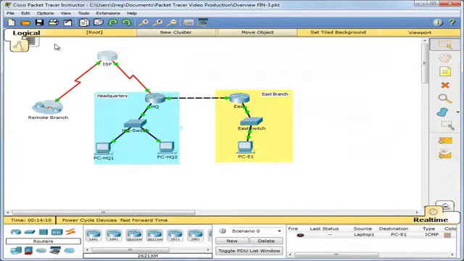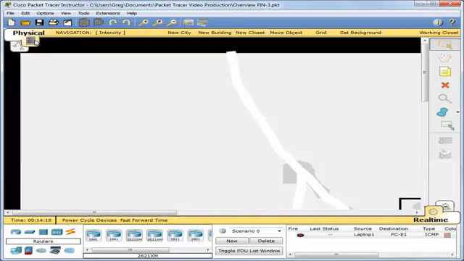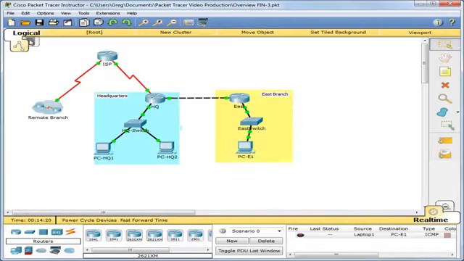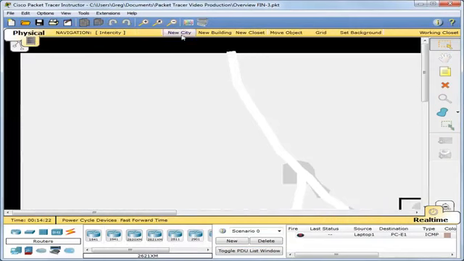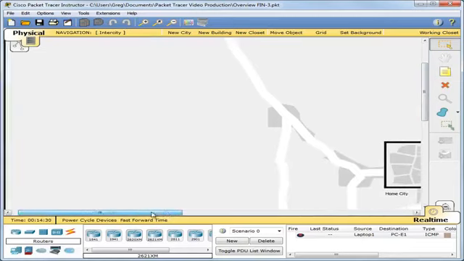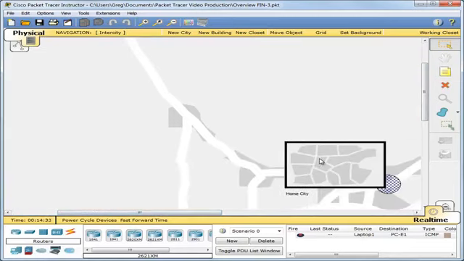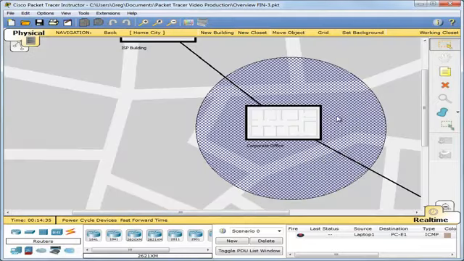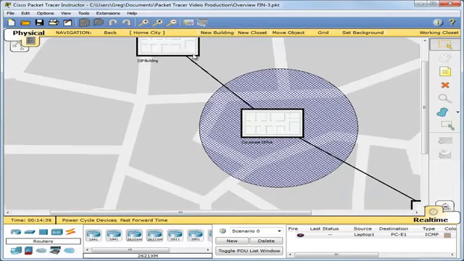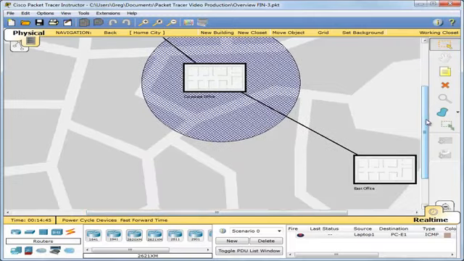There is another physical view where it's in the entire physical workspace. So if we go to the physical workspace by clicking on the physical logical bar, we will go initially into Intercity View, where we can navigate using scroll bars. Here's our home city. Within our home city, I'm going to zoom out a little. We can see there are 3 buildings, an ISP building, a corporate office building, and down here, an East office